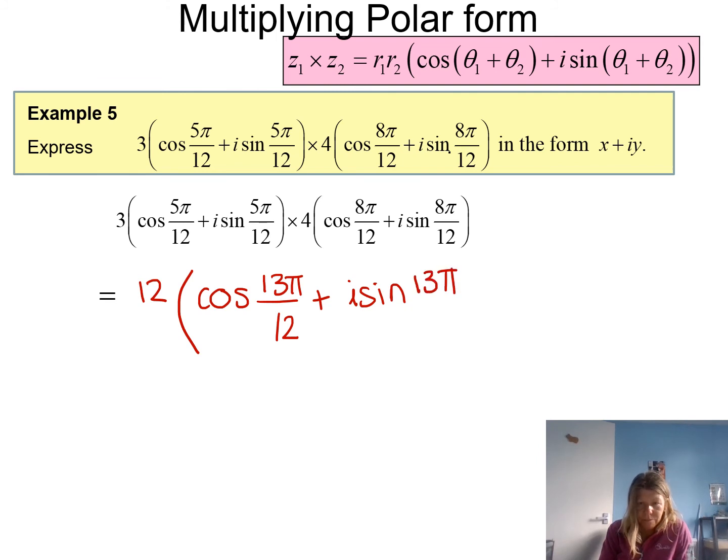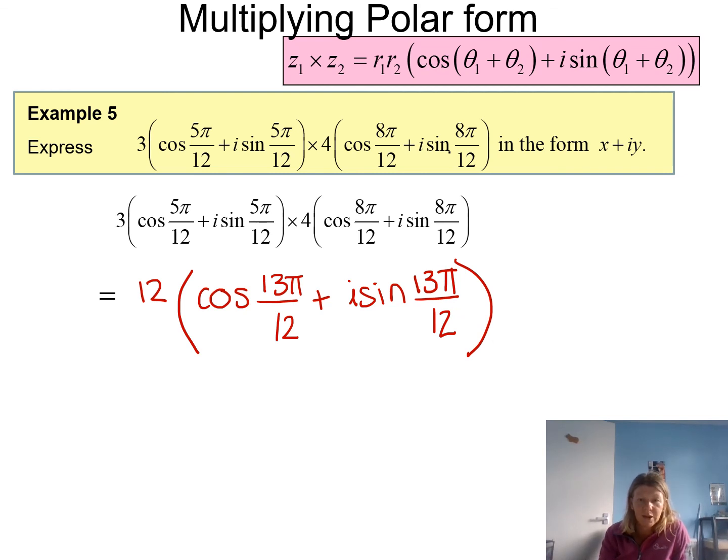However, our angle should be in the principal argument. It's out of the principal argument because it's 13 pi over 12, and we shouldn't have that. So what we have to do to get anything in that form is take away 2 pi from it, because